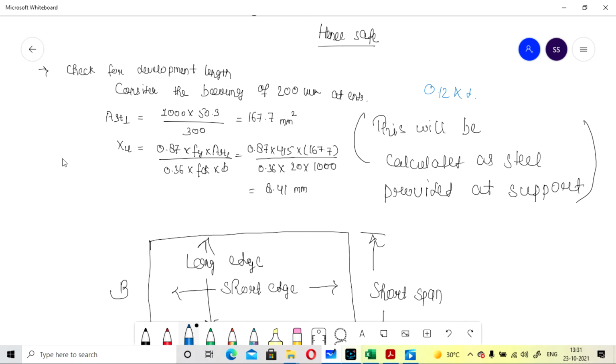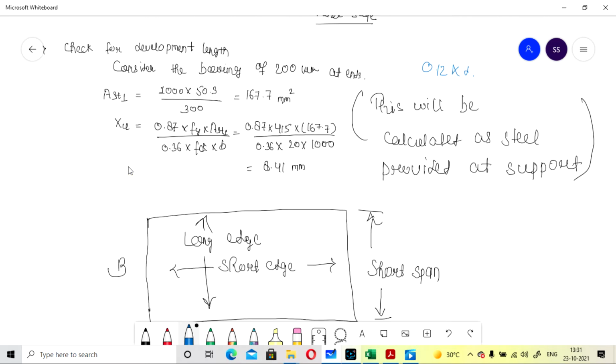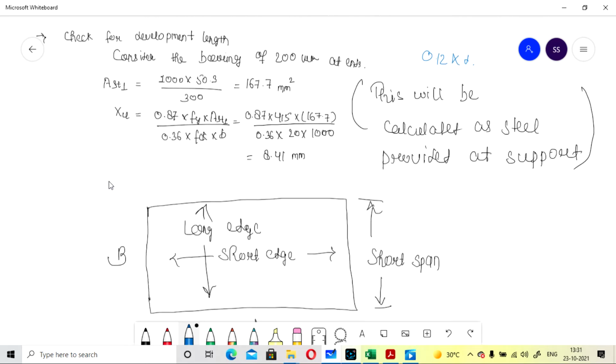So our AST will be calculated by 1000 into 50.3, which is the area of an 8 mm bar, upon 300, the spacing we are going to take. At the midspan we have taken 150, so it will be double at the support. So our area will be calculated as 167.7, or you can halve the area of the main. This value will also be calculated by that.